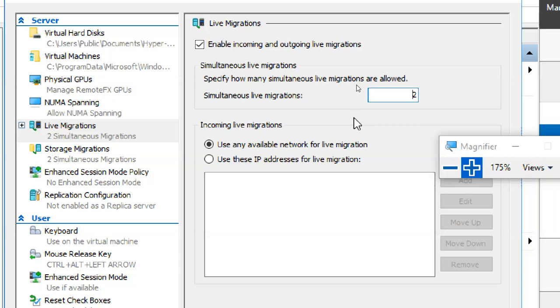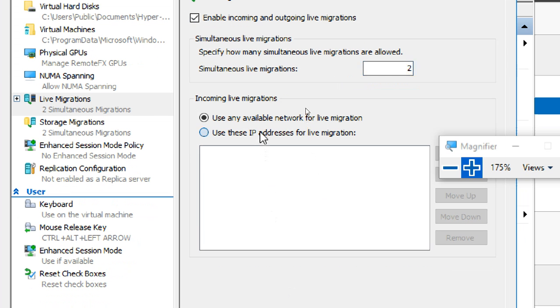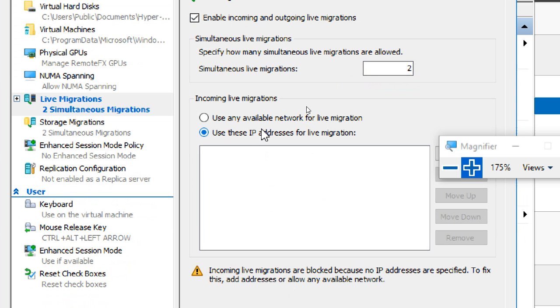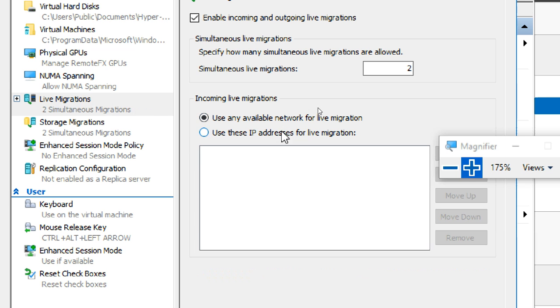Two means either two sending, two receiving, or one sending and one receiving. You have to specify the user and the IP address, to and fro, accepted for live migration to send or receive, or any available network.